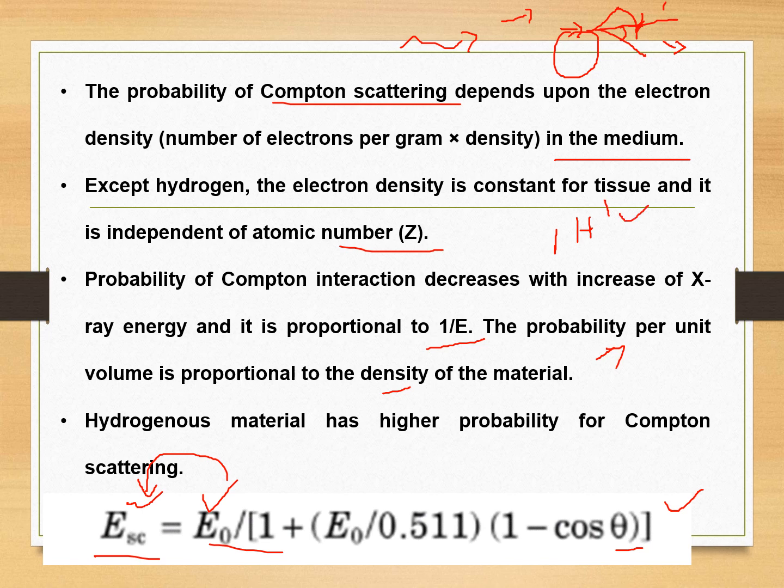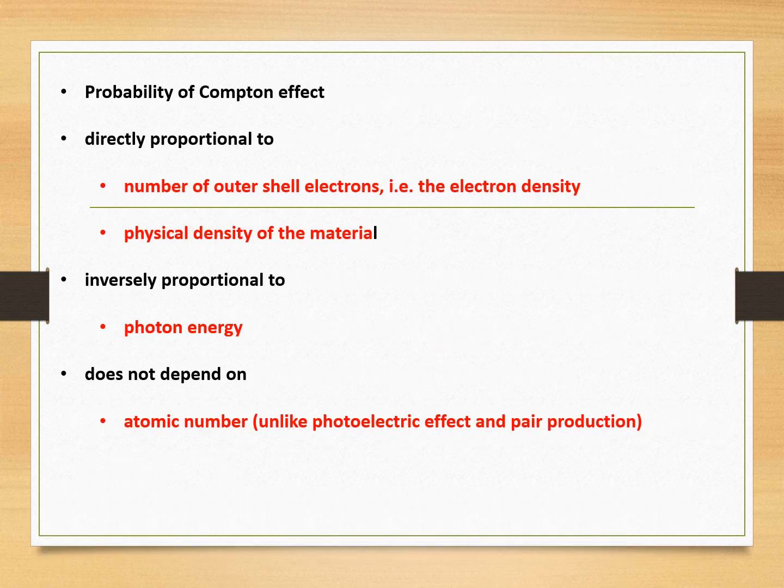In the case of a hydrogenous material, it has only one electron in the outermost orbit, and our body is made up of mostly hydrogen. So the higher probability of Compton scattering will occur in such material. In our body the Compton scattering will be maximum. That means ionization. Ionization is nothing but Compton scattering over here. In this method, once the X-ray photon interacts, one more electron will come out, so that we get the information that we can see in X-ray films. This is one of the methods of ionization.